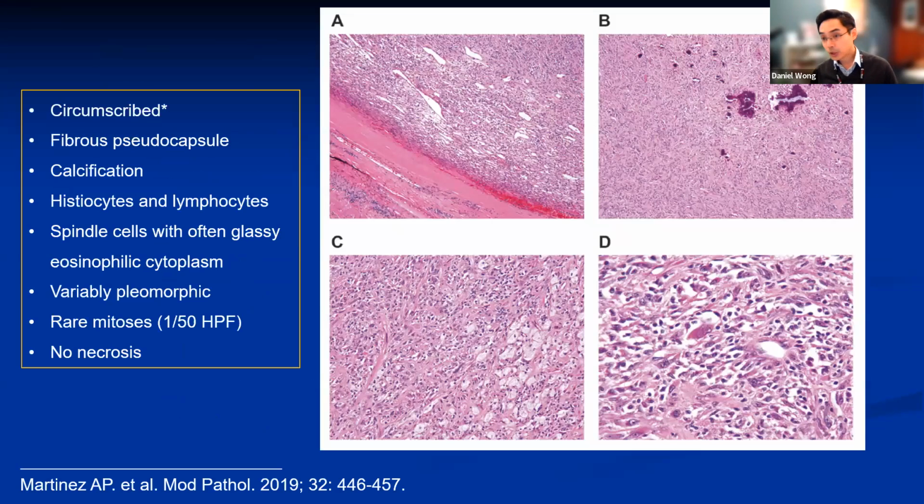So these are some pictures from Dr. Fobb's original paper, and you can see the similarities to the case I've just shown you. So the key features that we're looking for here is a circumscribed tumor, often with a fibrous pseudocapsule. It is allowed to have microscopic areas of infiltration, but this should be to a limited extent into the surrounding stroma. Calcification is quite characteristic, and as the name suggests, this has an inflammatory-rich background, which is dominated by histiocytes